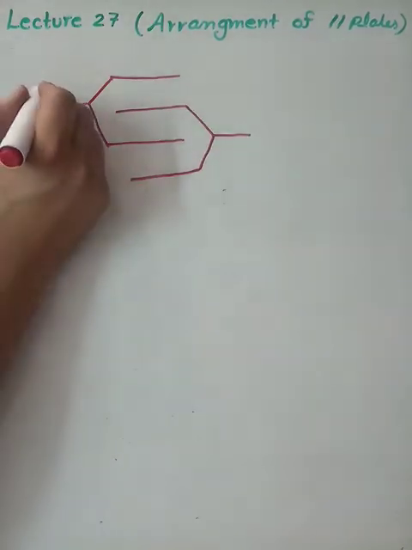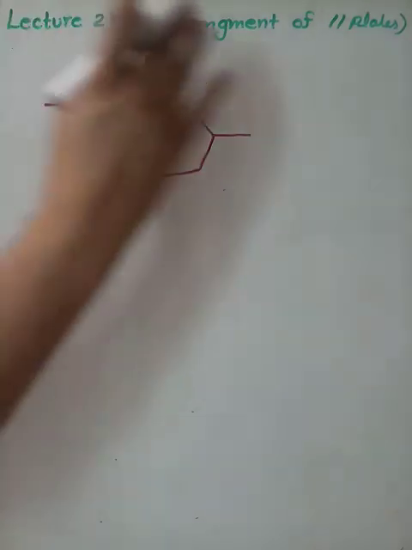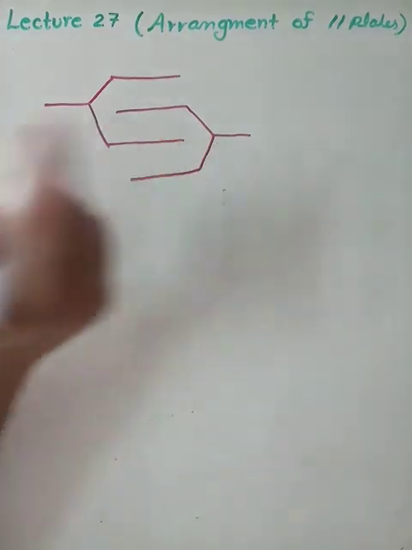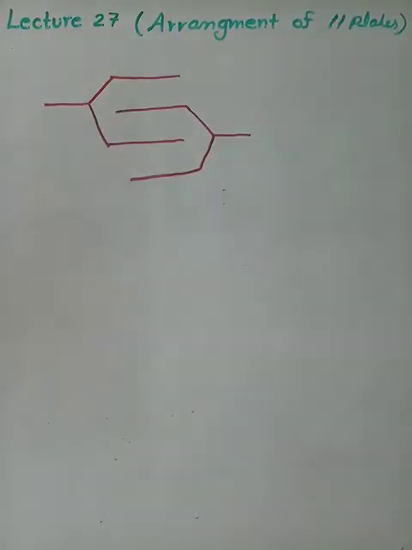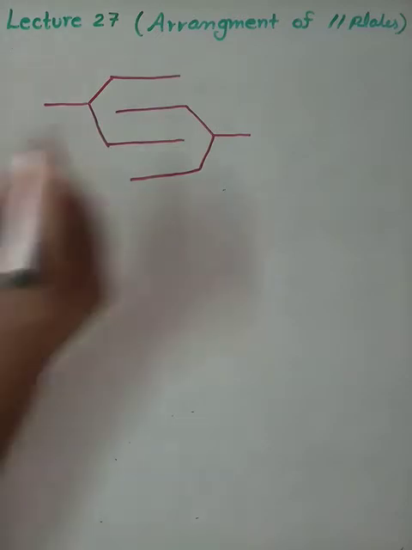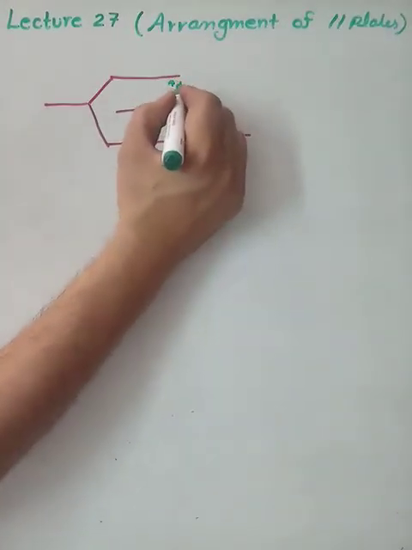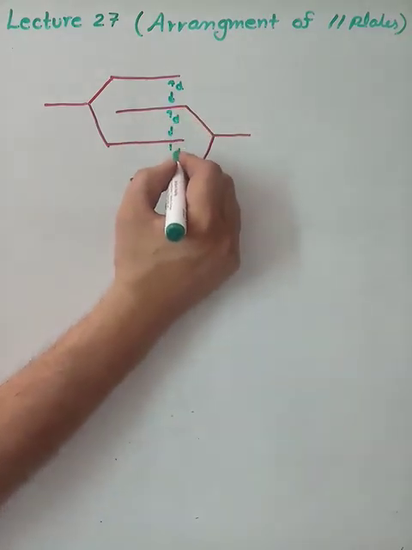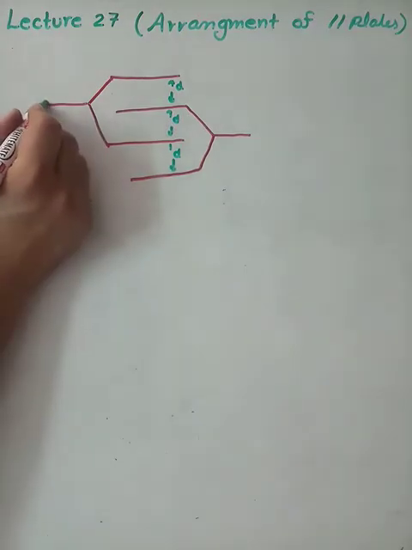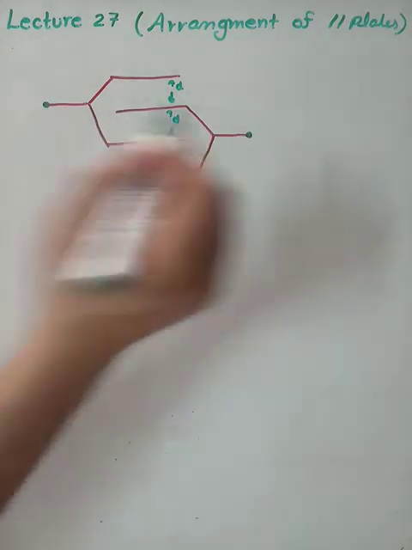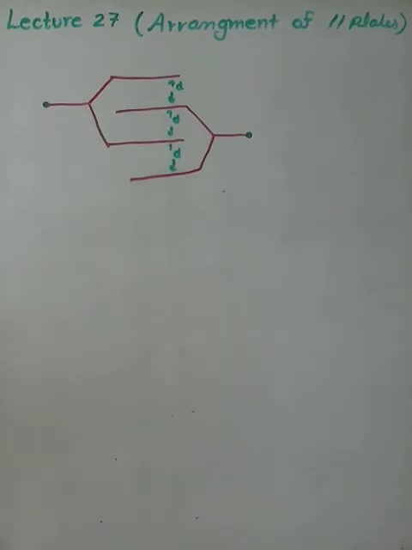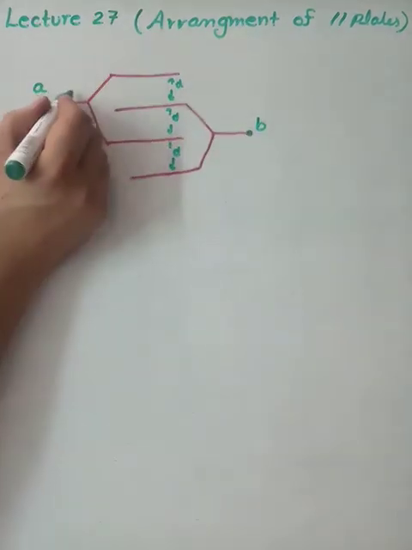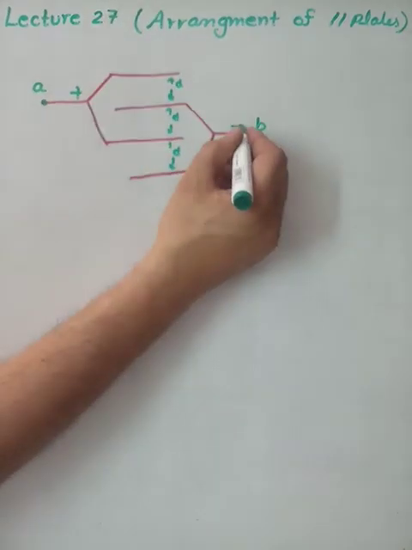This is an arrangement, and you have to find the combination. These are the parallel plates. All plates are parallel, and the separation between the plates is also the same, D, D. Now, how can we proceed with this type of question? For this, we will always get two ends between which we have to find the equivalent capacitance. First of all, let one point be A and the second point be B. Let A be given a positive sign and B a negative sign.